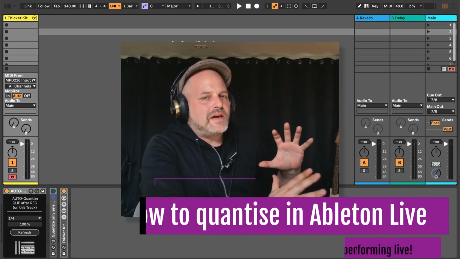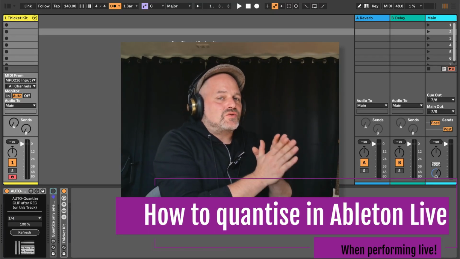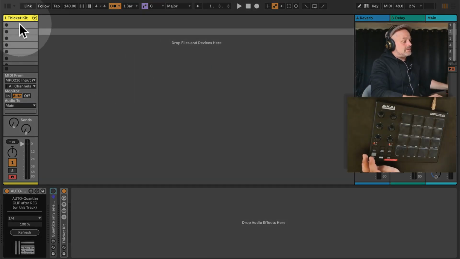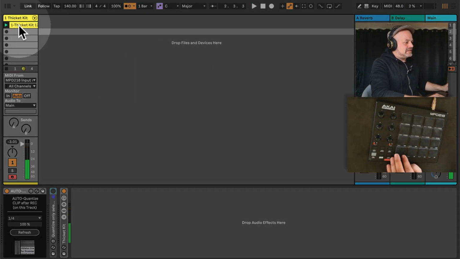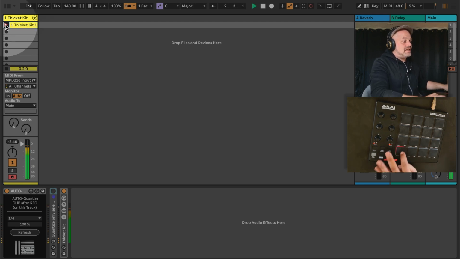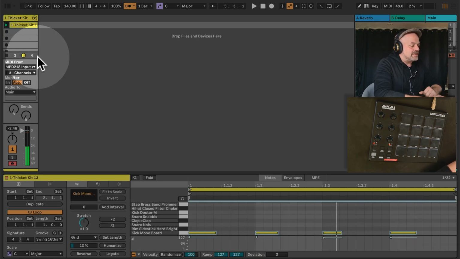How to automatically set notes straight to the beat. Quantization, it's called in Ableton Live when playing live. So for example, we got this here. Oh, I was a little bit late. So if we have this kick here, we obviously want this to be set 4 on the floor here, and